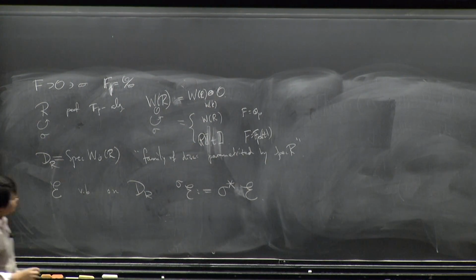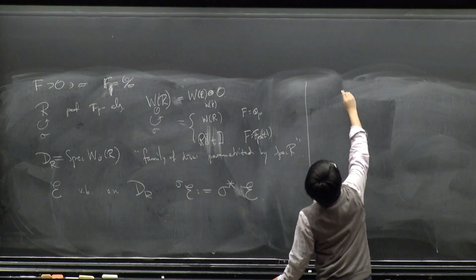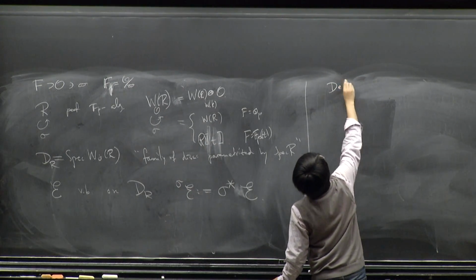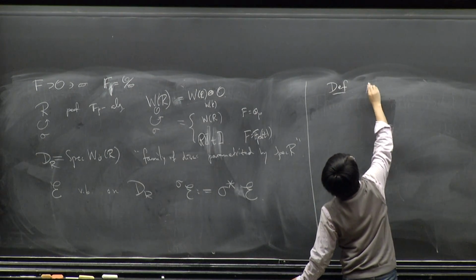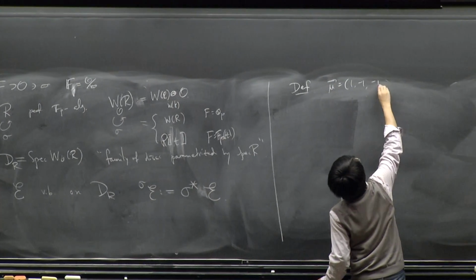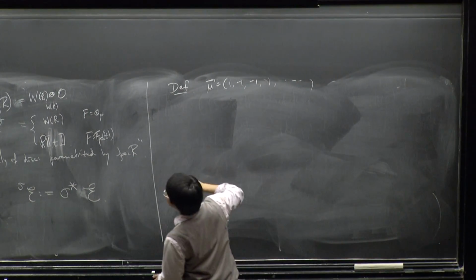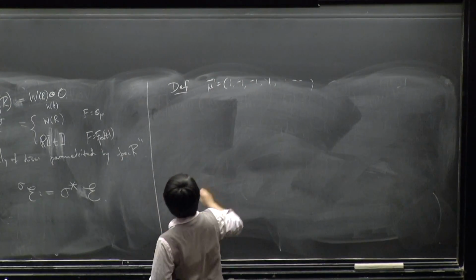Okay, so definition. If we fix mu, some sequence +1, -1, -1, +1, just as before,